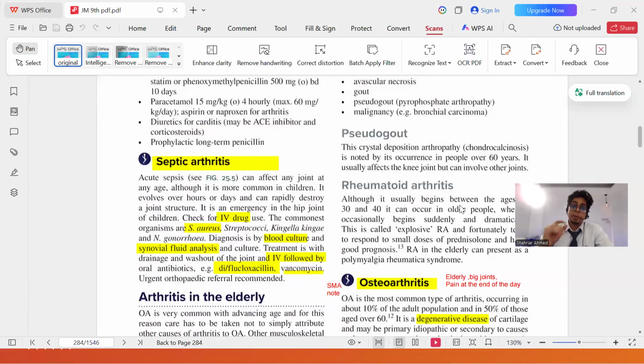So this brings us to the point, especially in a sepsis case, what is the next step? I repeat, in a sepsis case, what is the next step? In most cases they can be IV drug abusers. It's a possibility. So as a test, to rule out what microorganism it is, staph or strep or whatever, we do joint fluid aspiration. And of course, since it's an infection, a high dose of flucloxacillin IV is required.